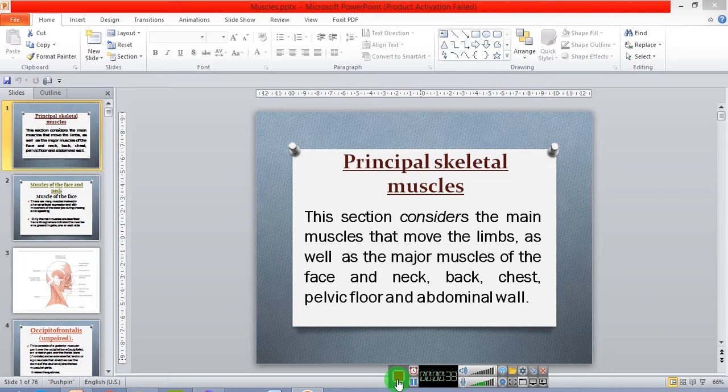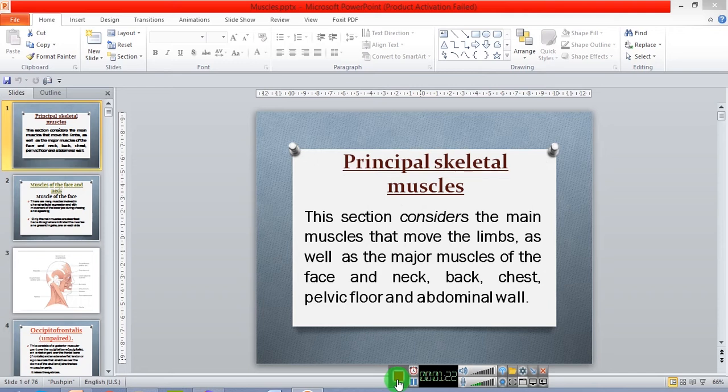Already we have discussed action of skeletal muscles, muscle tone, muscle fatigue, muscle recovery, factors affecting the skeletal muscles, also muscle terminology. Muscles are named according to various characteristics, and becoming familiar with the principal ones makes it much easier to identify unfamiliar muscles. The origin of a muscle is usually its proximal attachment. This is generally the bone that remains still when the muscle contracts, giving it an anchor to pull against. What is the origin? Origin is proximal attachment. You have to remember that.